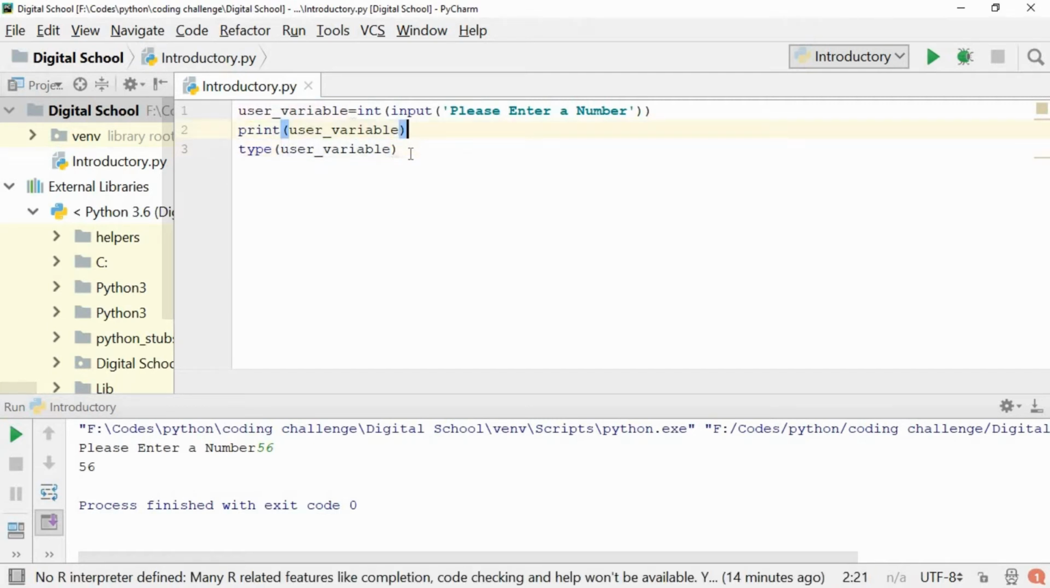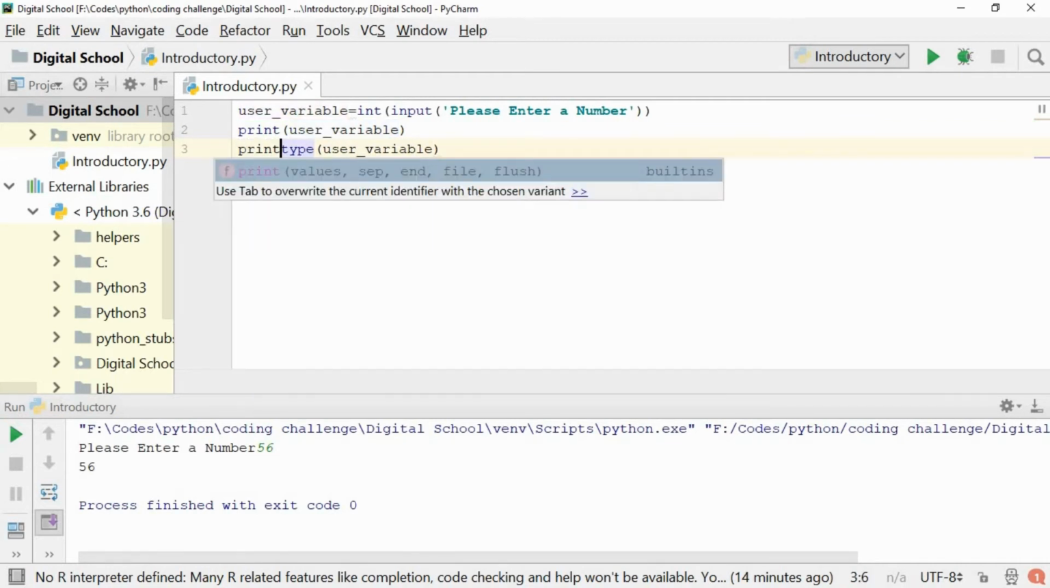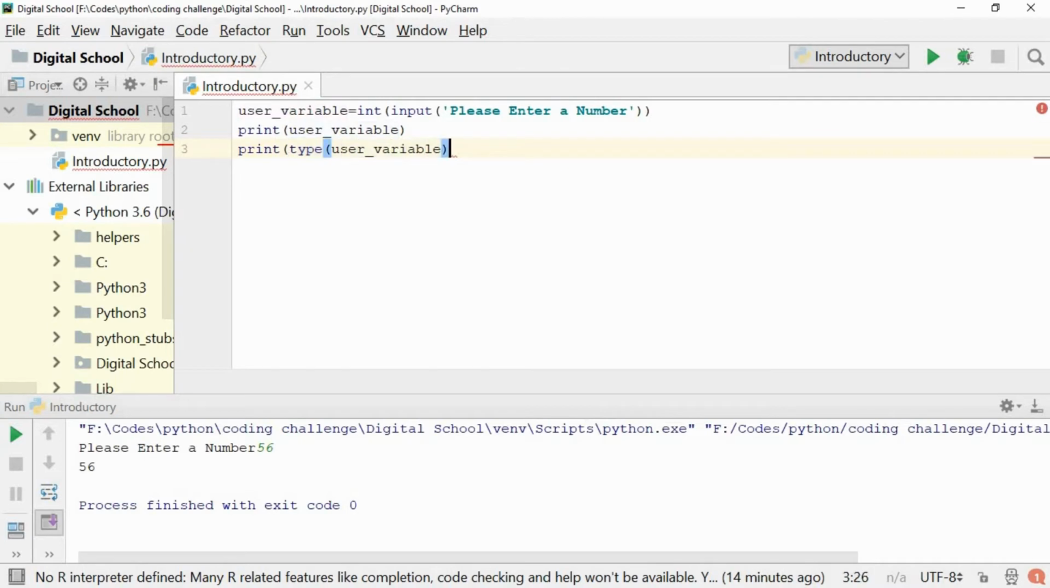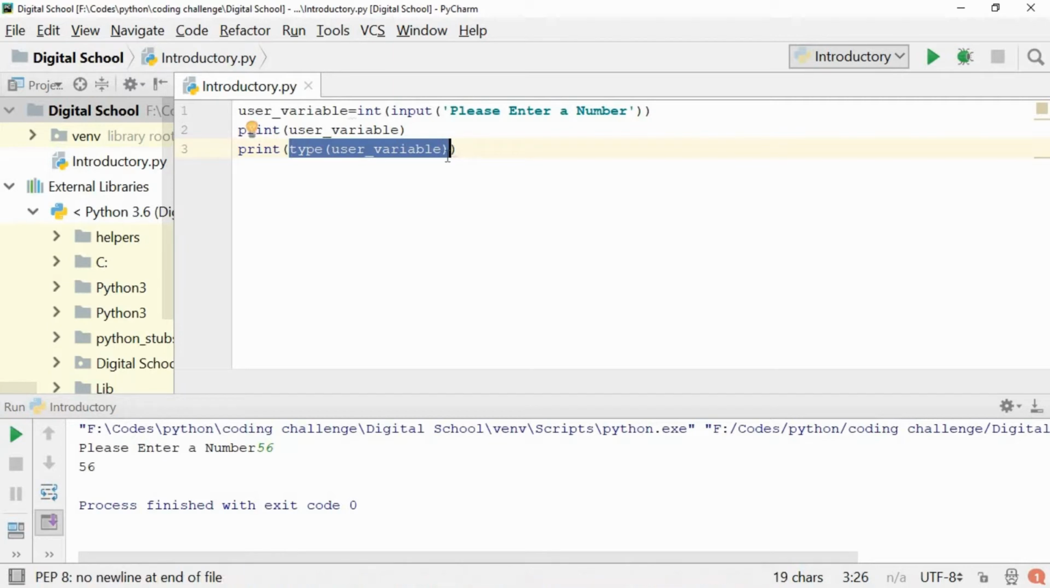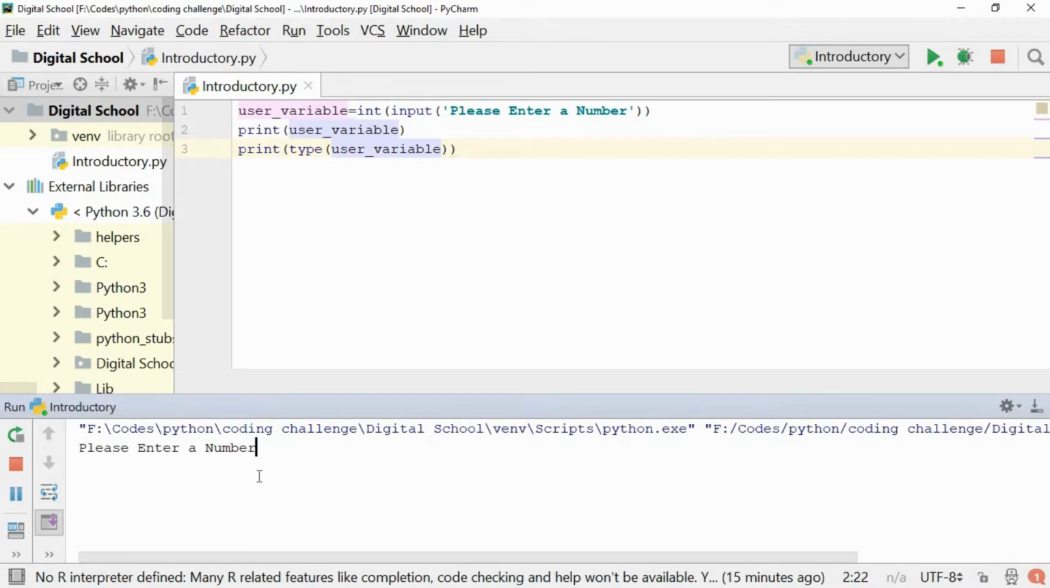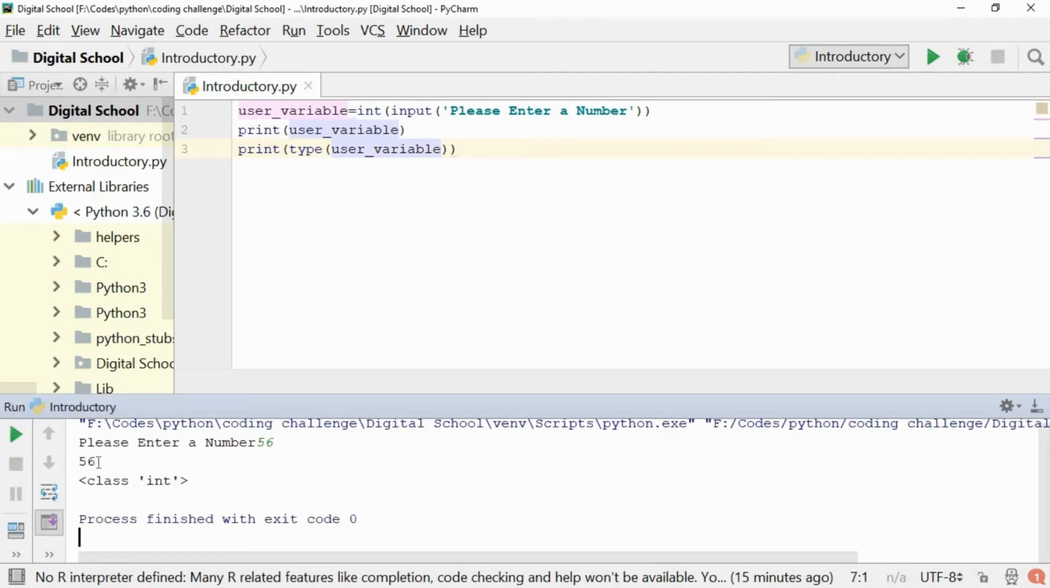So what you can do is simply type print, and inside this print function you can give this command type user variable. So what will this do? This will print the type of the variable. Let's run that. Let's enter a number 56. See, I entered 56. It has been stored in this variable, and this variable contains the 56, and the type of